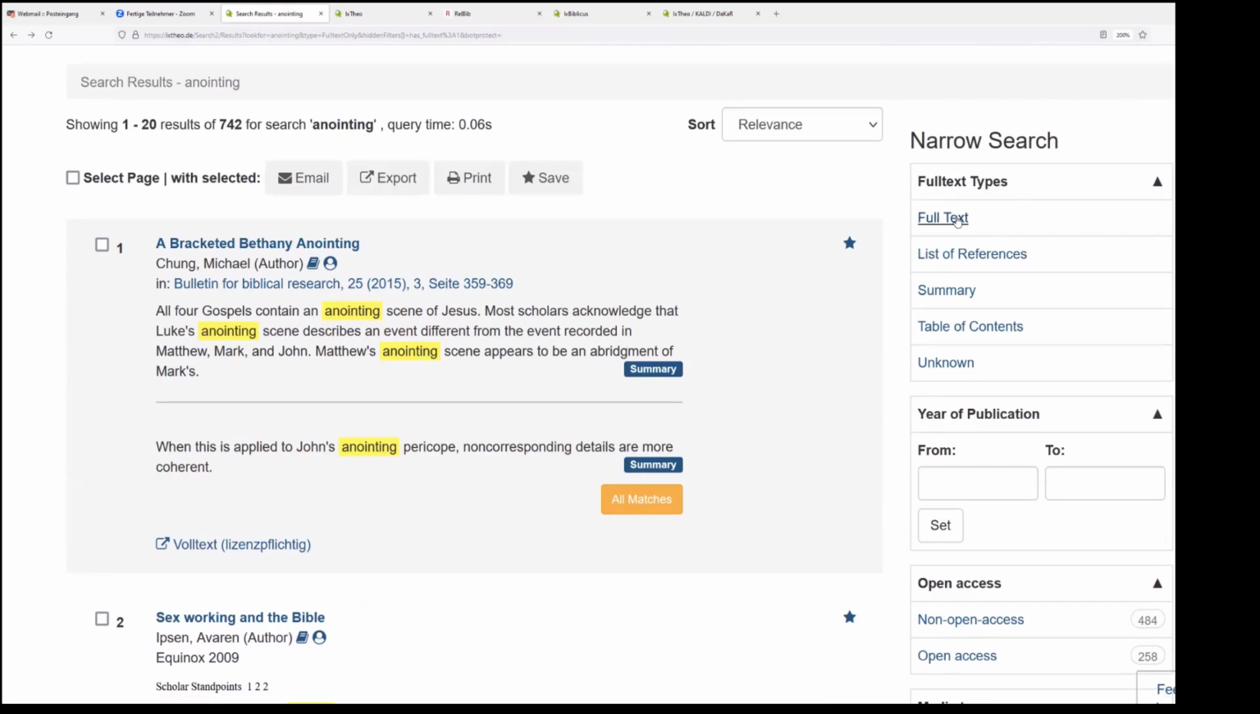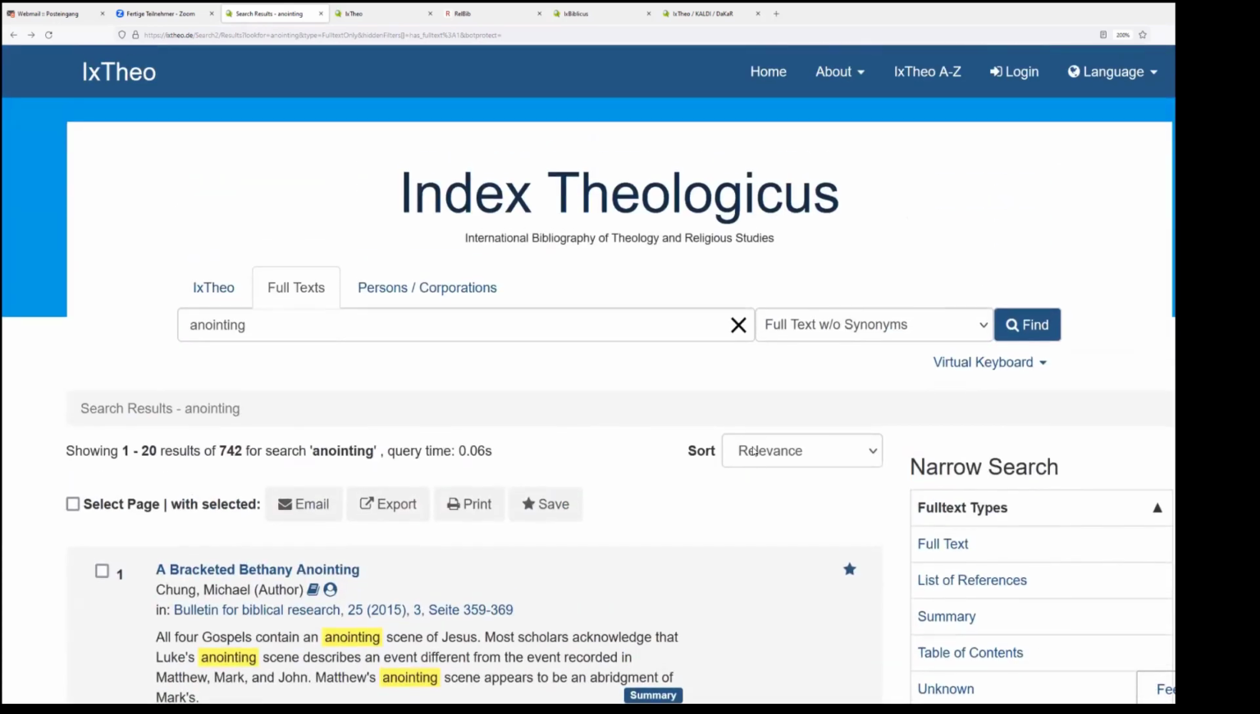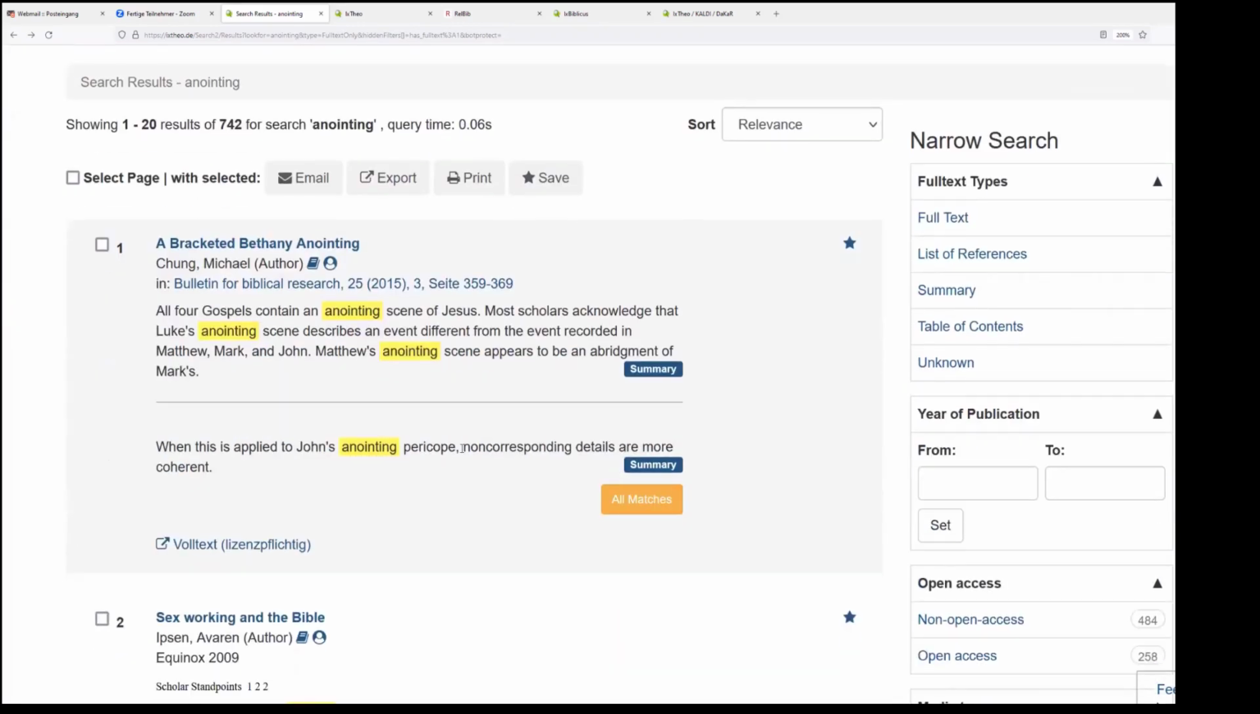Then we have the full text search itself as well. We have a special collaboration with a number of publishing houses who gave us permission to search their publications, not just their open access publications, but also publications you would normally have to pay for with licensing fees or through a purchase. So this is a neat thing because